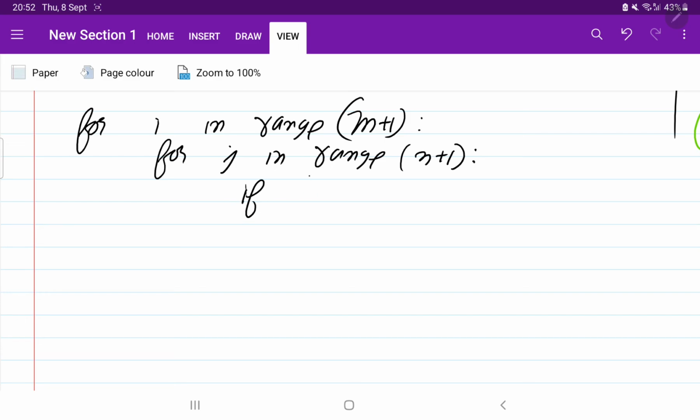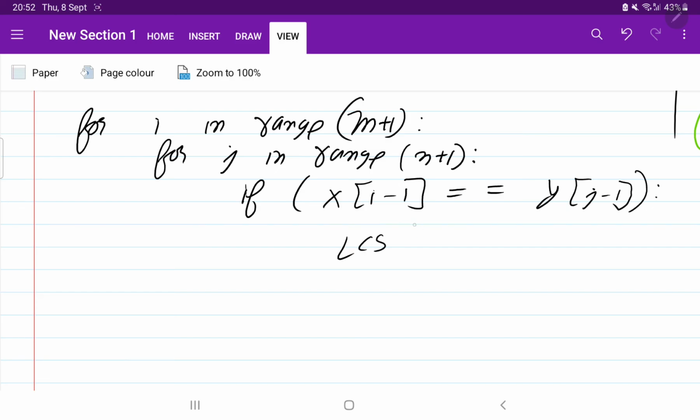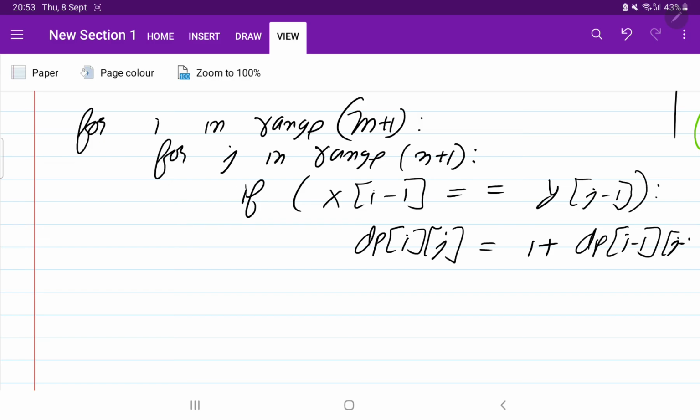Perfect. If x of i minus 1 equals y of j minus 1, if both are equal, what we were doing, we were calling dp i comma j by increasing the count by 1, and we were decreasing the size by 1 for both cases.